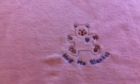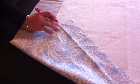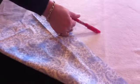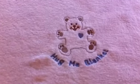It's me again. Okay, I've done the embroidery on the blanket and we're going to put a backing on it. I've picked this lovely blue paisley for the back and I've put a blue heart on the teddy and some blue writing. So I've laid this out on the table